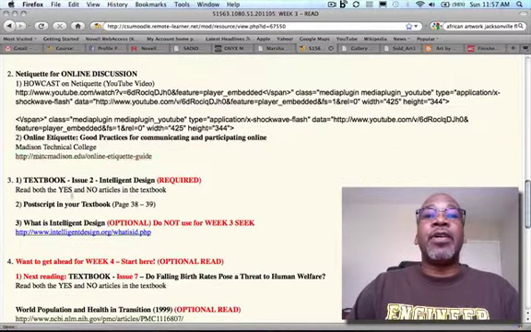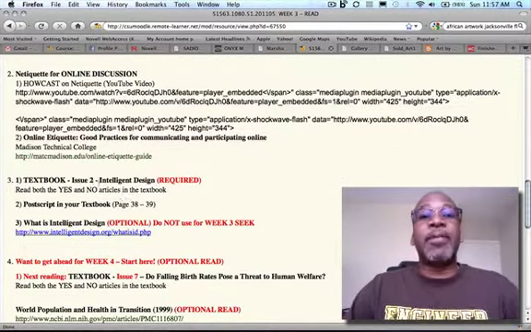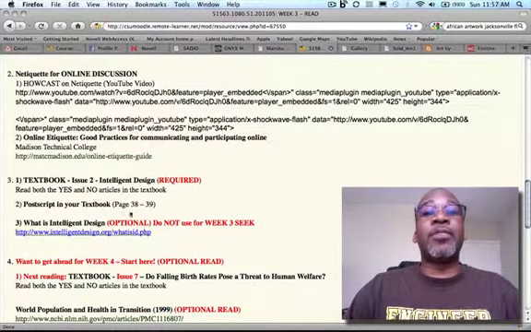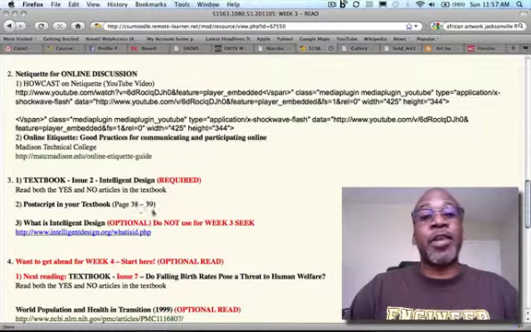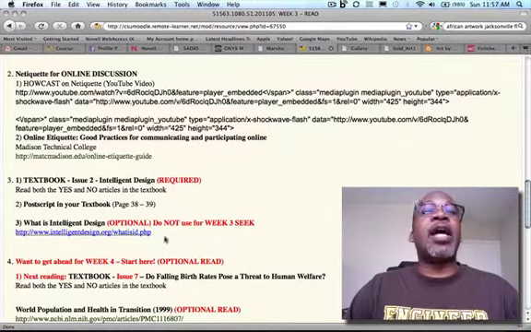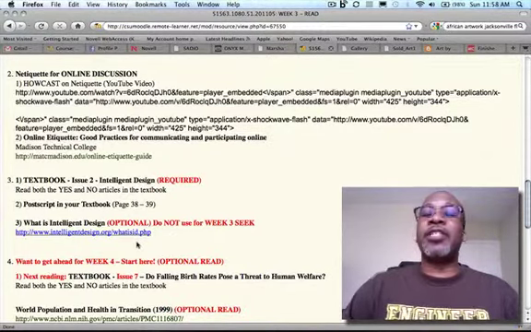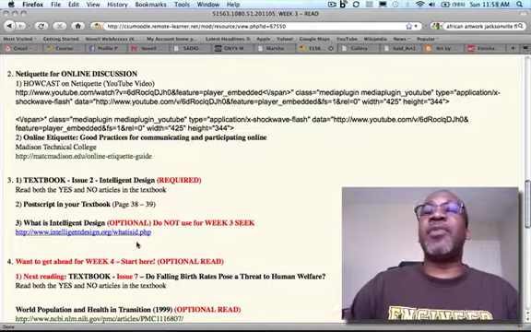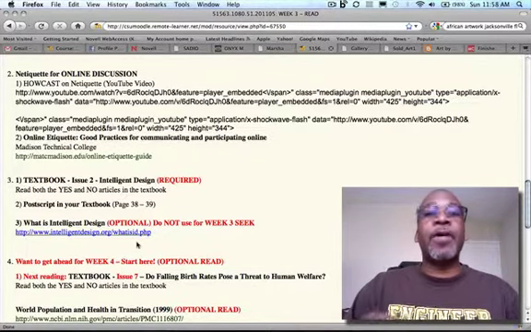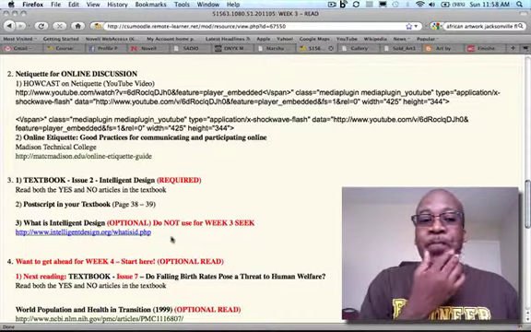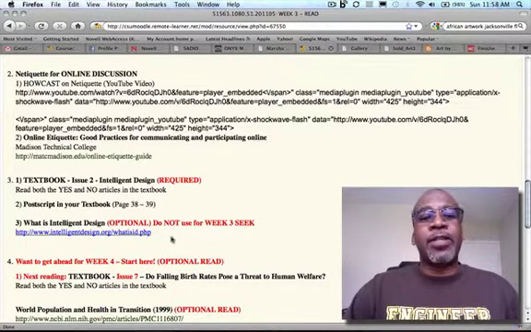And then for the reading for this week, for the textbook assignments, your Issue 2 on intelligent design. This is a required reading for the class this week. And then also read the postscript in your textbook. I believe it's on pages 38 and 39, depending on the edition that you have. Now, if you want to start checking a little bit, I showed you this link last week. You can go to intelligentdesign.org. What is intelligent design? I can give you another perspective, a little bit more current work. But this is the link that you cannot use